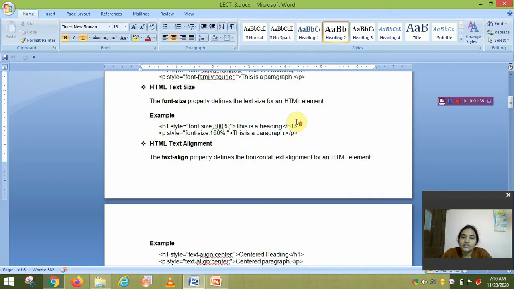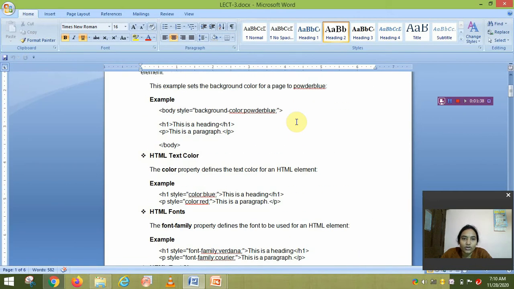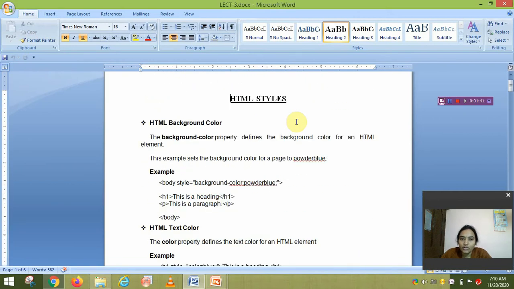All these things we set in the document, so that whatever we write in the document looks attractive. All these things we do in HTML style. First, we learn about the HTML background color.